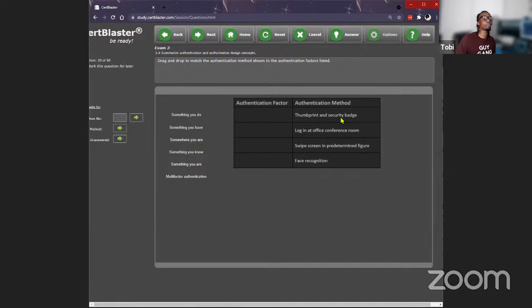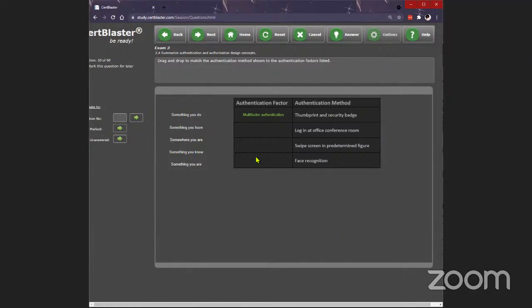So thumbprint and security badge: multi-factor authentication. Does anybody disagree? I agree. Log in at office conference room: somewhere you are.